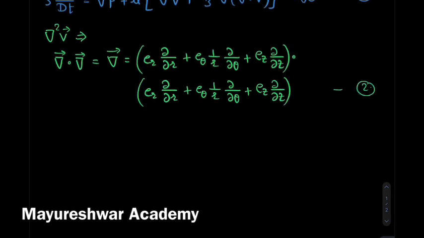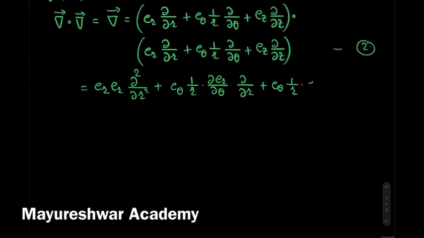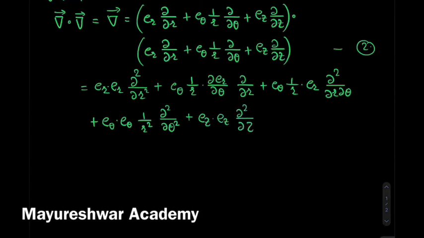While taking this dot product, let us do the product of the ER into ER terms first, then the E theta into ER terms. Since that is an operator, it is partial over partial theta of ER into partial over partial R, as it is written, plus E theta into 1 over R times ER into the second derivative partial squared over partial R and partial theta, plus E theta dot E theta multiplied by 1 over R squared partial over partial theta squared, the second derivative. So plus EZ into EZ and the second derivative with respect to Z.